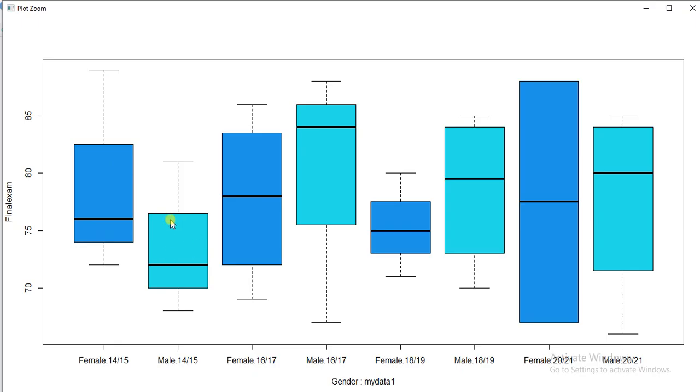The minimum marks obtained by female students is about 72 and the maximum about 90. Most students obtained marks above 68 and below 84 or 83. So this is the distribution of marks. This one is the median. Is it clear?